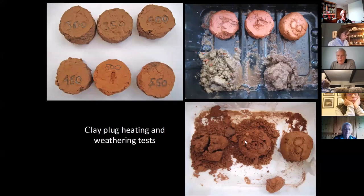Well, going back, one of the guys said, I don't think this is a smelting site at all, because we'd expect to see burnt clay on the floor. So we took that very seriously. We took some of the soil, a huge amount of soil actually, and made these clay plugs out of it,